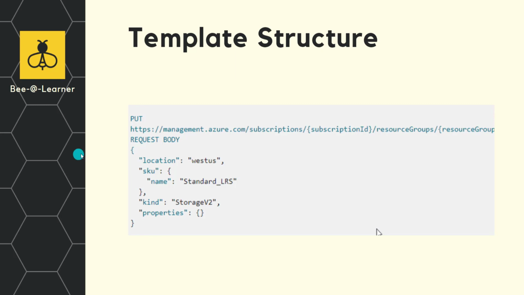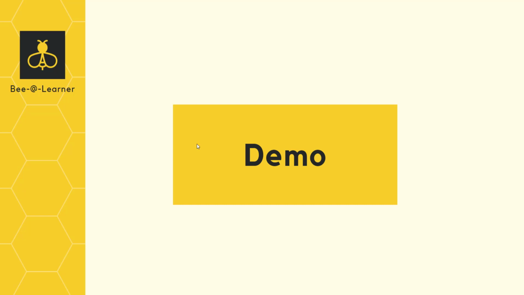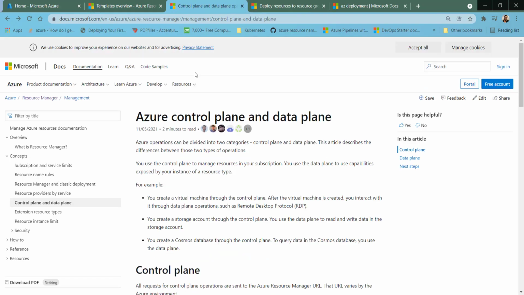As you can see here, the JSON which we structured in the previous slide has been converted into a request body and sent to management.azure.com. This is the URL, which is basically the management plane for the provisioning of the infrastructure. This is how the flow of infrastructure provisioning looks with an ARM template. Now, let's look at the demonstration of the ARM template deployment from the Azure portal. Actually,